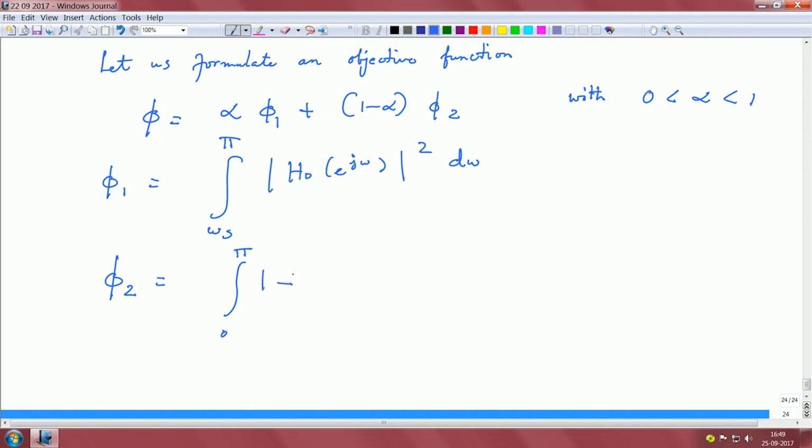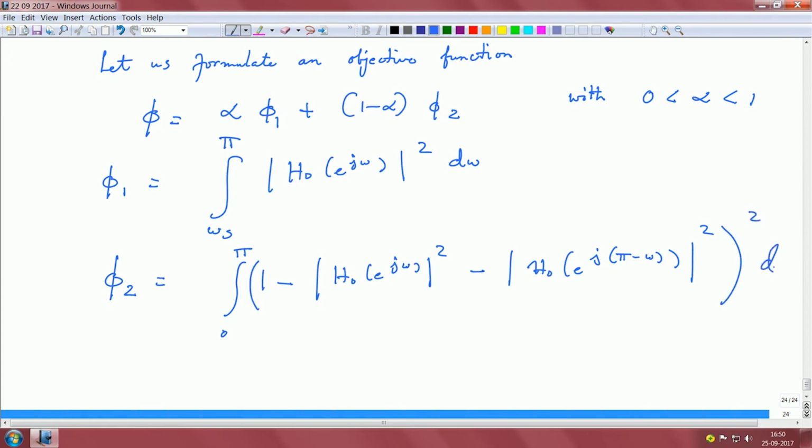over the residual, that is 1 minus the magnitude of H0(e^{jω}) squared minus, so I will now invoke the QMF property, H0(e^{j(π−ω)}) squared, and this if I were to integrate across all frequencies, then I would want to choose H0(n) as the minimum over all H0(n),